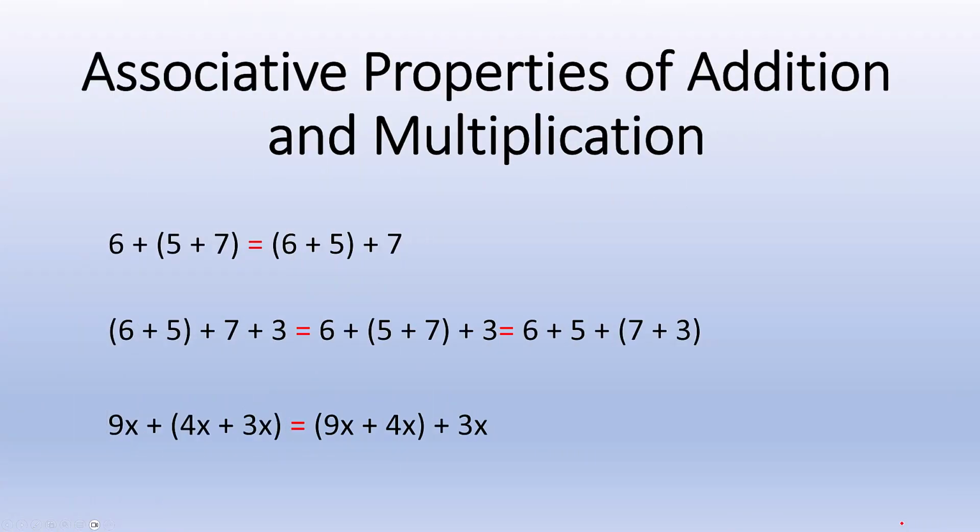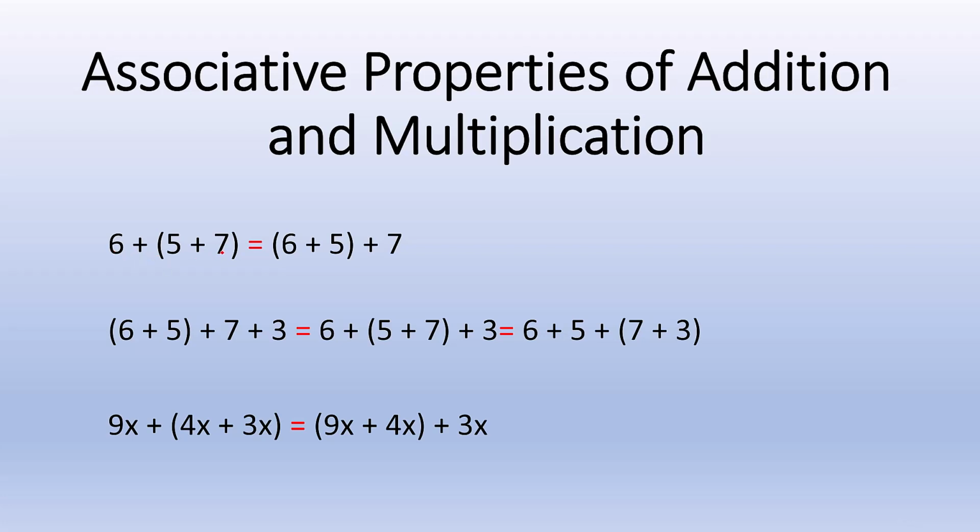This is the associative property of addition. Associative means that whenever you have numbers that are being added together, it could be 3 numbers, 4 numbers, 5 numbers, it doesn't matter which ones you add together first. So you can group them in any order that you want. For example,